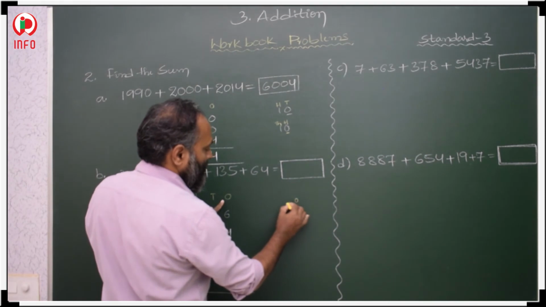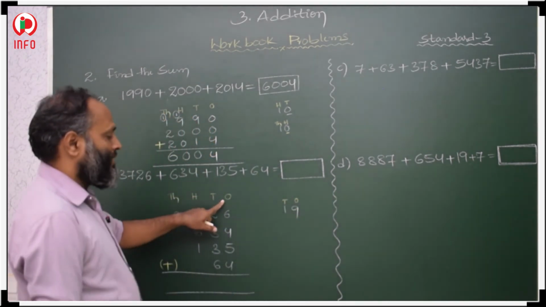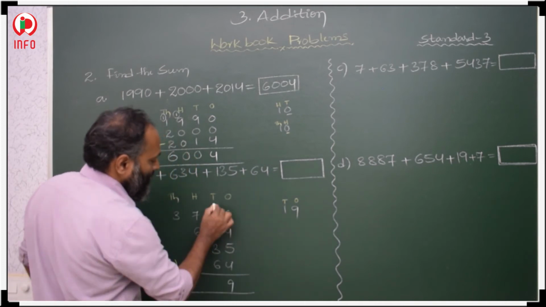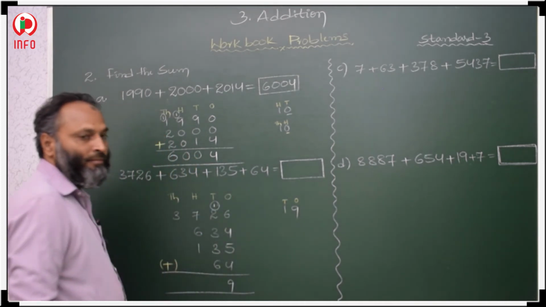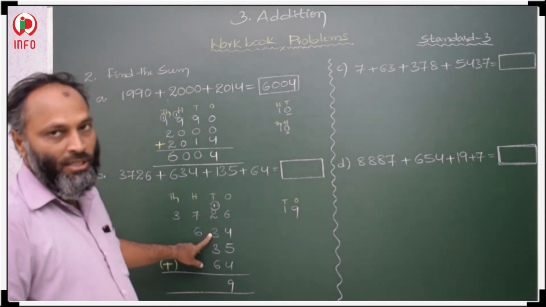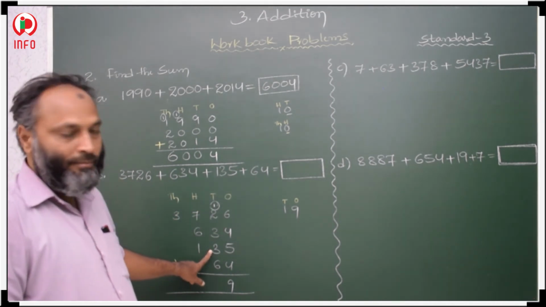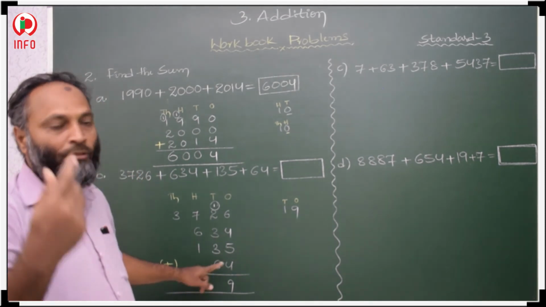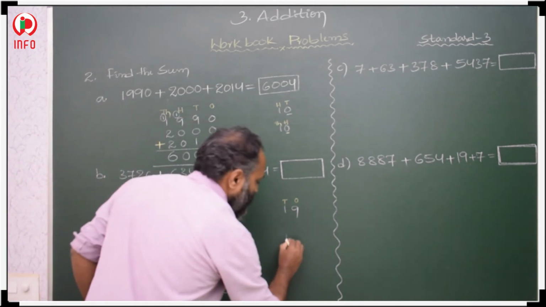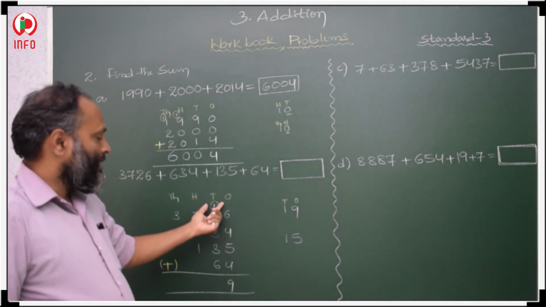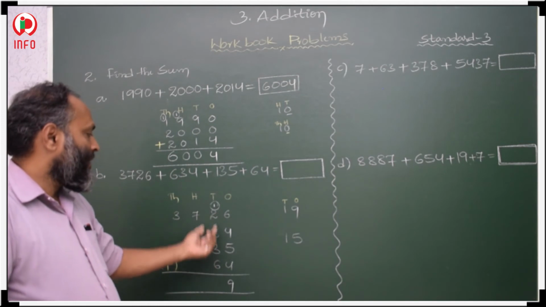This is ones place and this is tens place. In ones place, we have to write 9. In tens place, we have to write 1. And after that, 2 plus 1, 3. 3 plus 3, 6. 6 plus 3, 9. 9 plus 6, 9, 10, 11, 12, 13, 14, 15. How much? 15. So this is tens place. If we are adding tens place, we are getting 15.